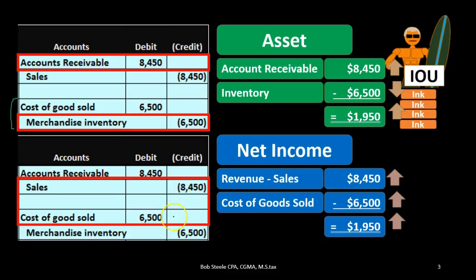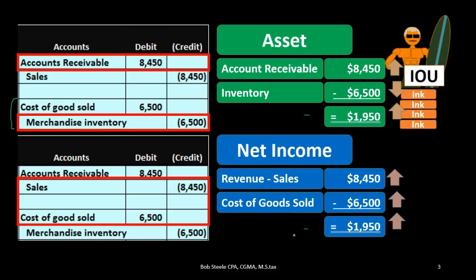Therefore, the fact that cost of goods sold is going up is going to bring the net income down. So revenue is going up. Cost of goods sold is going up, but cost of goods sold going up brings net income down. Therefore, we're going to subtract the two, and we have the difference, the increase in net income of $1,950. That increase in net income, because net income is a part of equity, will also be an increase in equity, and therefore these transactions will have an increase in the assets of the same amount as the increase in the